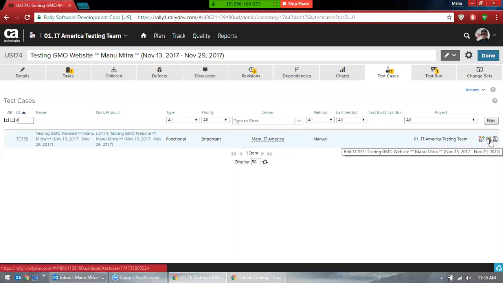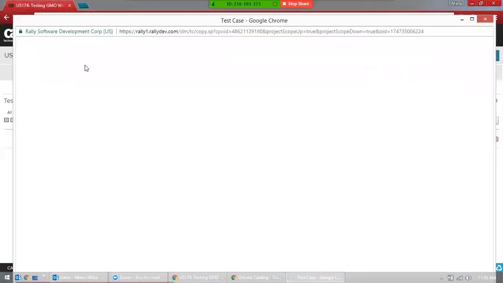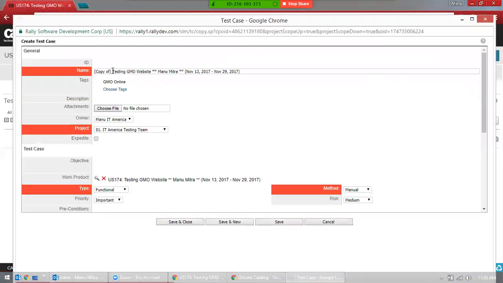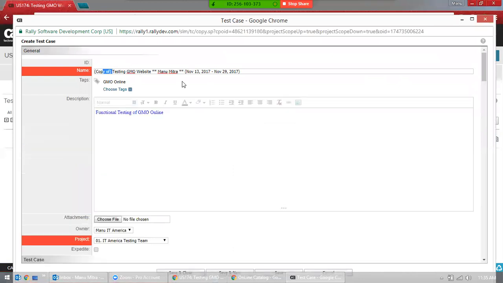If you want to edit it, you can edit it here, just like I did. Now, if you want to copy the same test case, you can also do that. And if you are copying it, please remove this copy text. Some people copy a test case and say they have completed it. Even if you are copying someone else's, make it look professional.